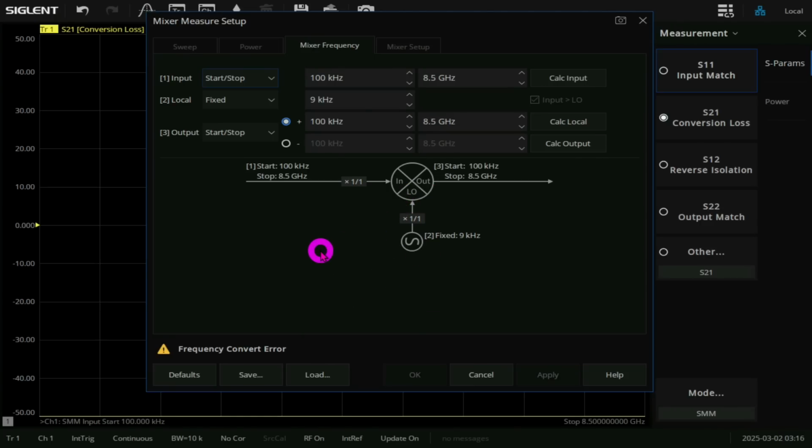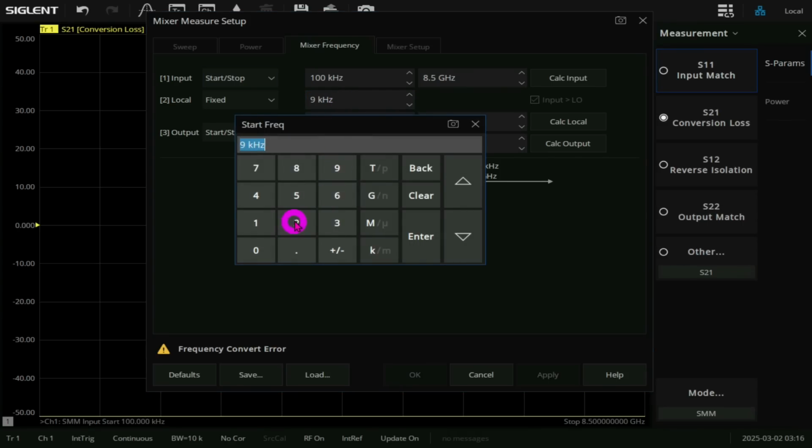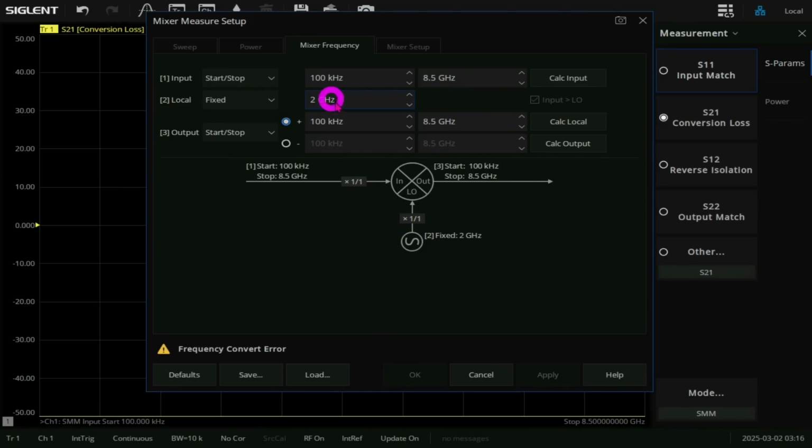So let's think about what we want to do. Let's say that I have a down conversion mixer and I'm interested in using it in some kind of a superheterodyne receiver with a certain IF bandwidth, and I want to measure its IF bandwidth, which means that I want to sweep my RF input at a fixed local oscillator and see what happens to the IF. So let's go ahead and do that. So let's say that a local oscillator is fixed and I want to fix that local oscillator to 2 GHz. So I will enter 2 GHz